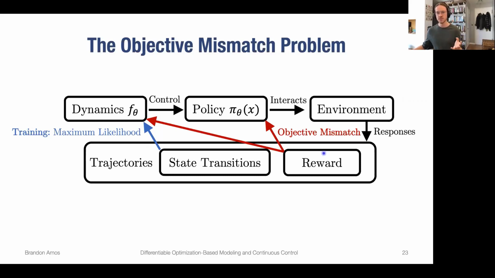And so you can run into these weird situations where maybe your environment has a lot of really irrelevant parts to it, but because you're fitting maximum likelihood, you're trying to put a lot of modeling capacity to these parts of the environment that don't matter at all for the reward that the policy is obtaining. And in fact, these complex parts of the environment can distract significantly from the reward.